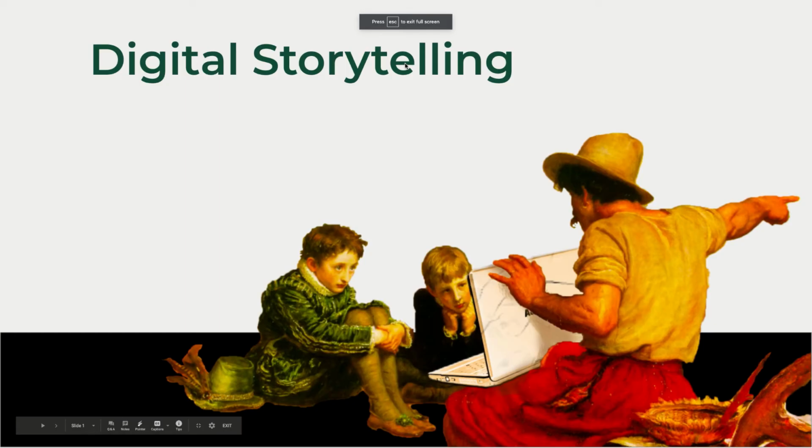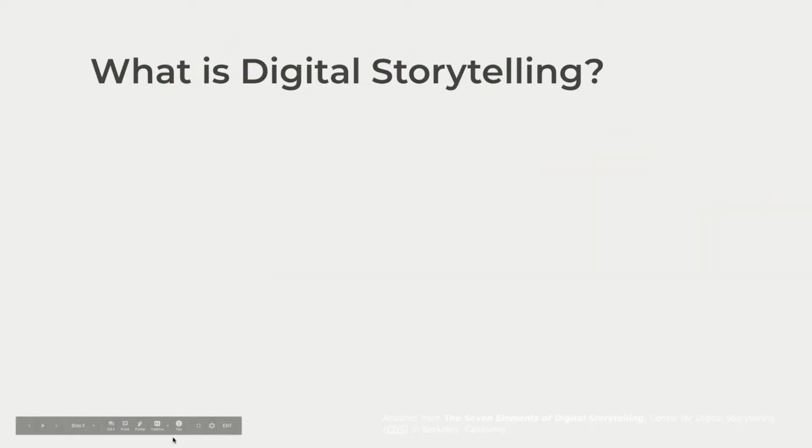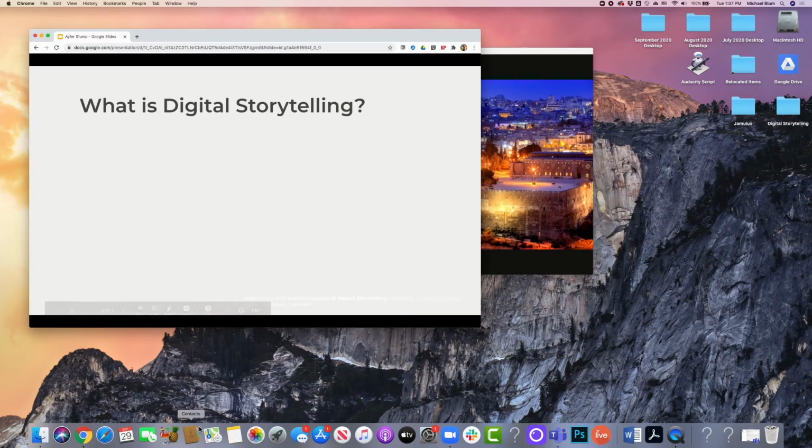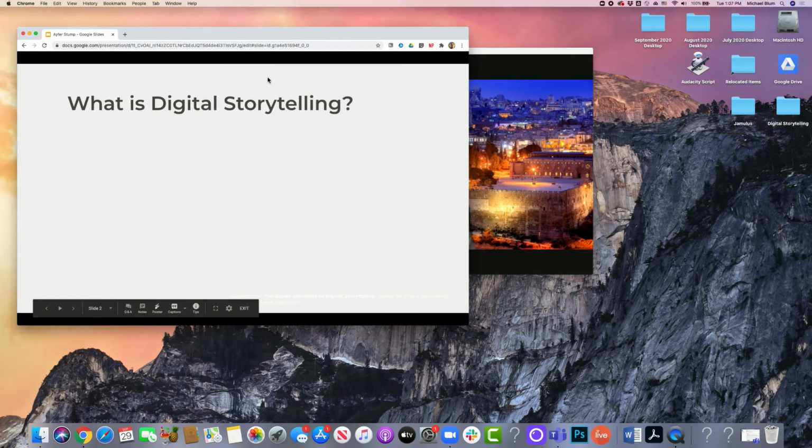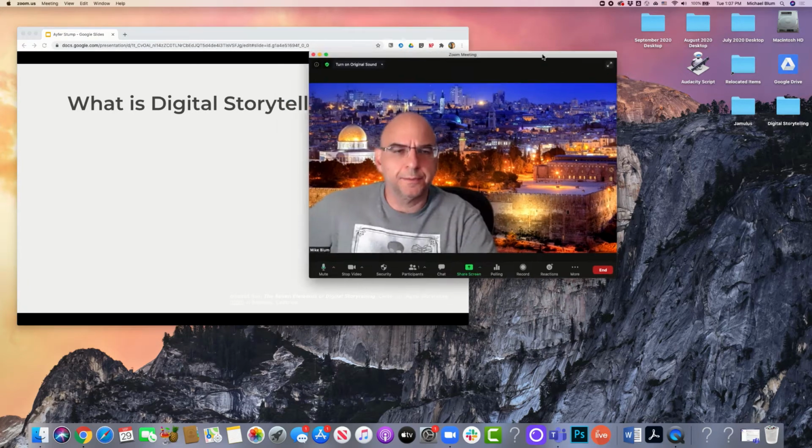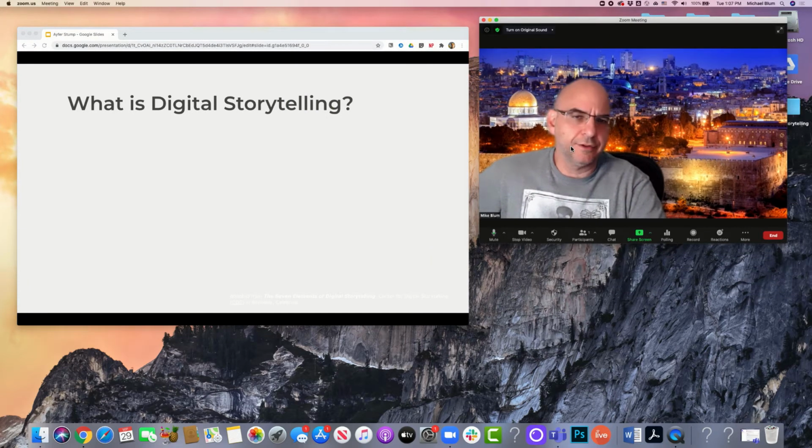Now the thing is, it'll present full screen, and I don't want it to be full screen. I would like it to be in that little window for myself, but I'd like it to be full screen for the students. So if I'm in Google Slides, I'll hover over my Google slide and I'll see this menu appear at the bottom, and I'll just minimize that. This is the exit full screen button here. So now my window has the slideshow in it, and my video is over here, but